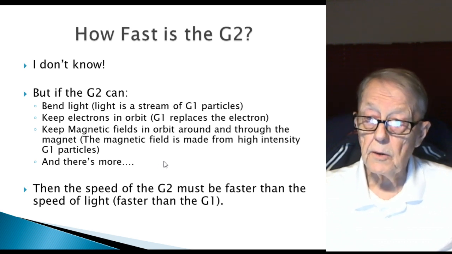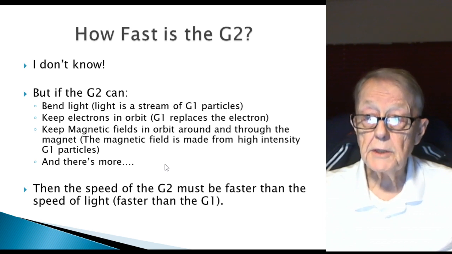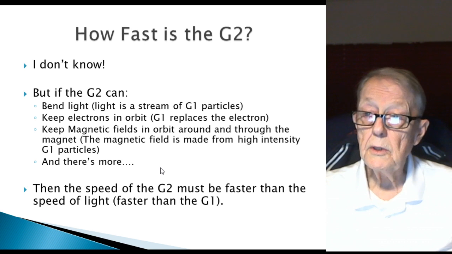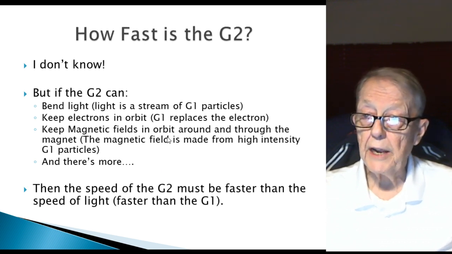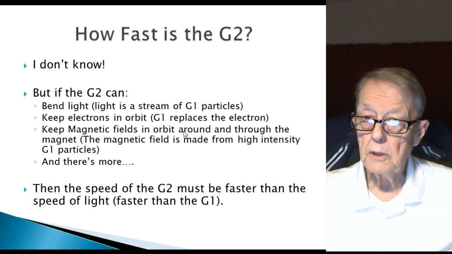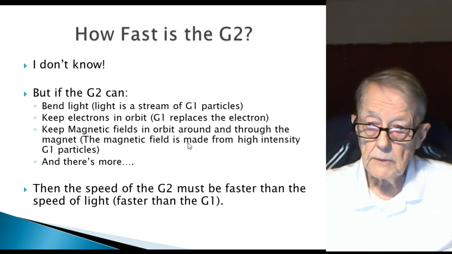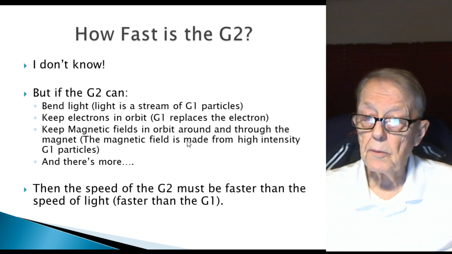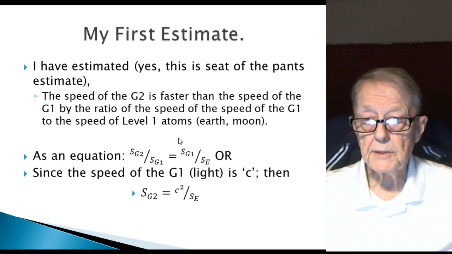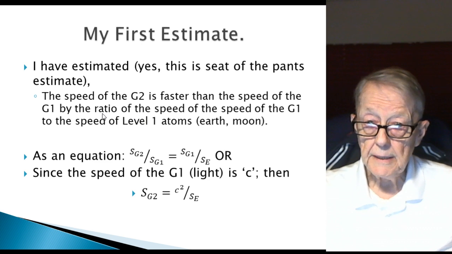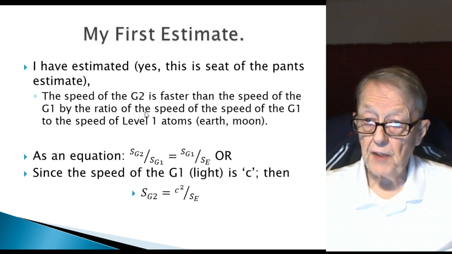Particle models suggest that there is a particle, we called it the G2, and it moves faster than the speed of light. Otherwise it couldn't do this. It couldn't catch up with and push the G1. It has to be faster. This was my first estimate. Yes, this is a seat-of-the-pants estimate based on my own statement here. The speed of the G2 is faster than the speed of the G1